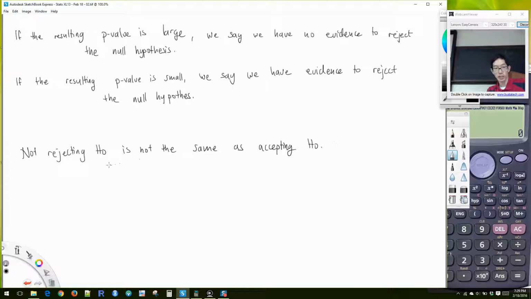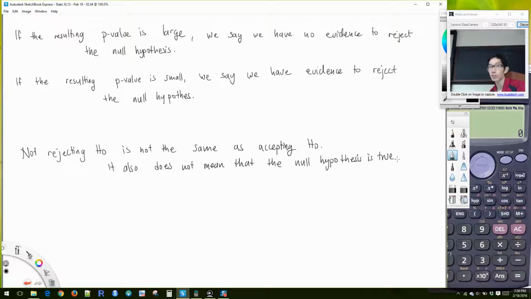It also does not mean that the null hypothesis is true. So, to help you along here, if you think of a criminal trial, the